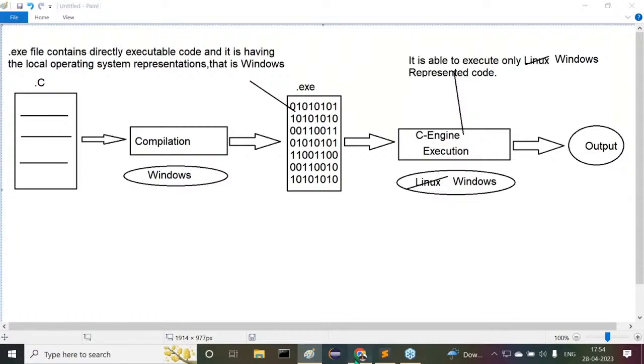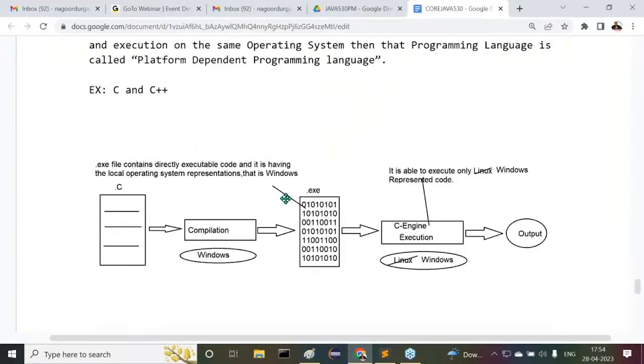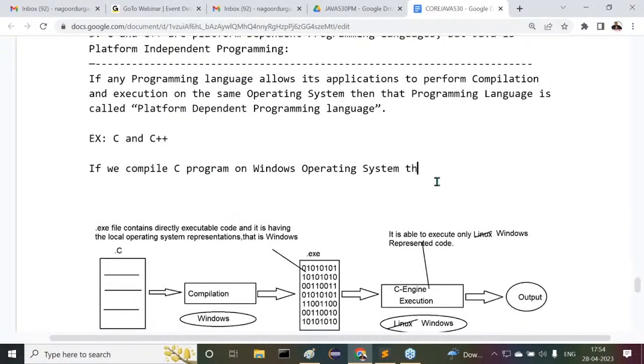I want to keep this one. Let me have one line of data. I want to provide some data here. Now try to understand the same point here. If we compile a C program on the Windows operating system, then